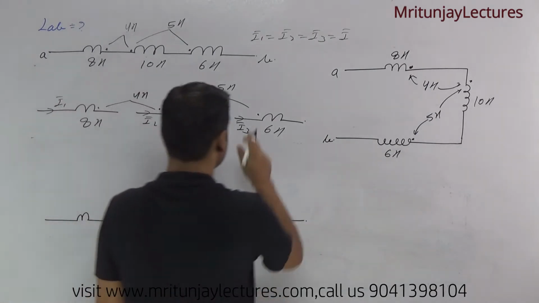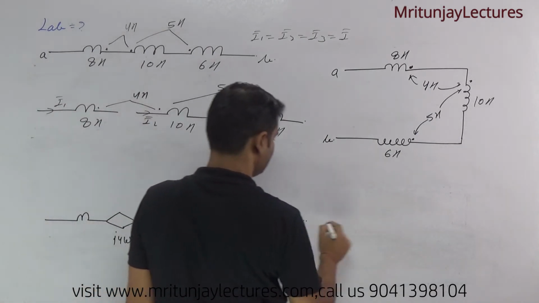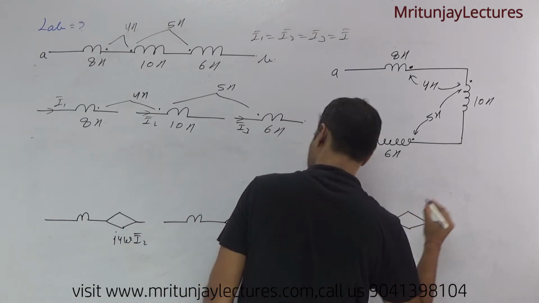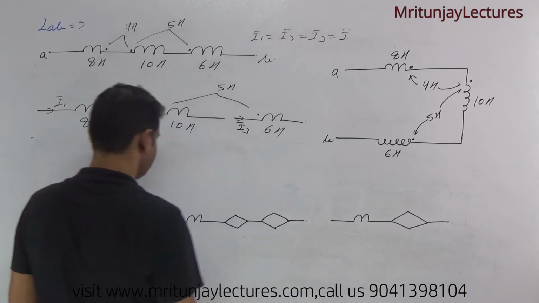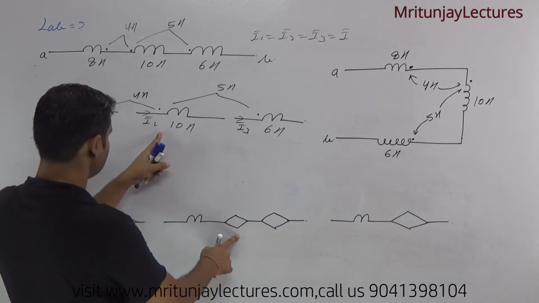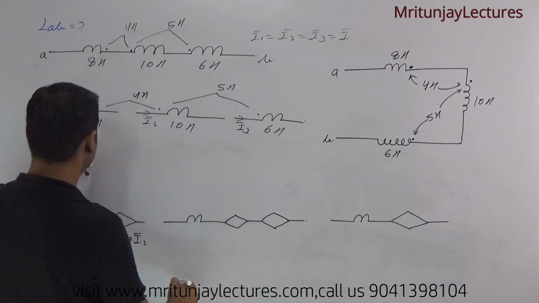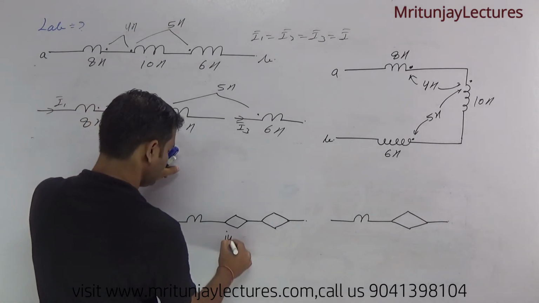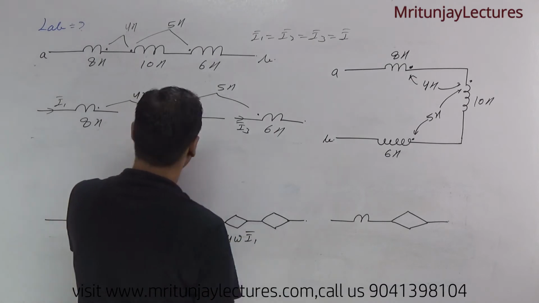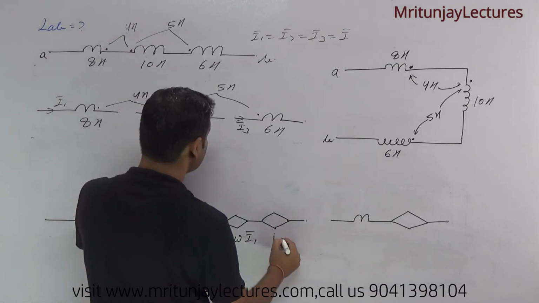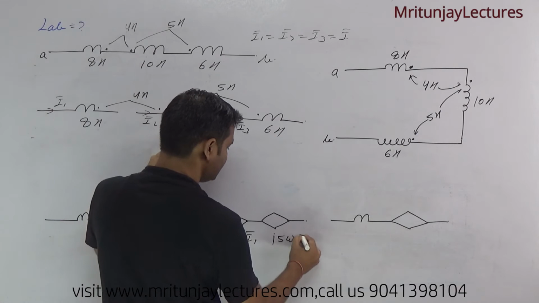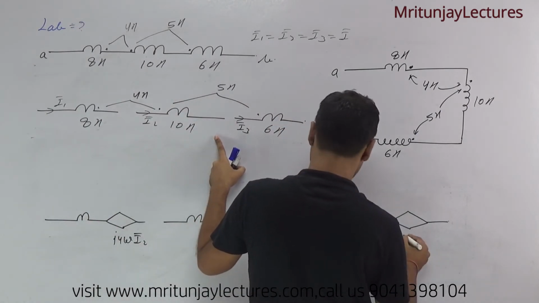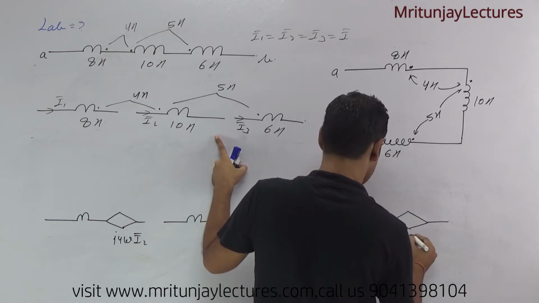After that, only this effect is here, that's why we make it like this one. Clear? And I1's effect on this circuit is j4 omega into I1, and that is j5 omega I3. Now here that is j5 omega